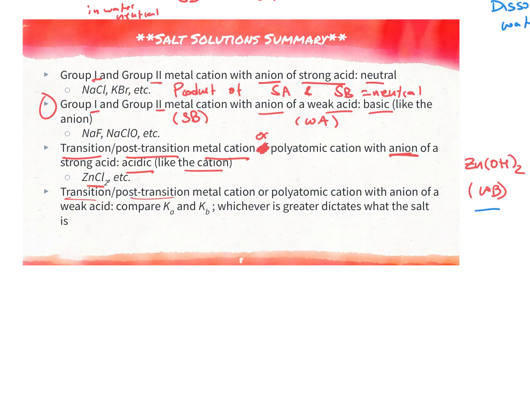But transition or post-transition metal cations or polyatomic cation with an anion of a weak acid, in other words, the product of a weak acid plus a weak base, and this weak base is going to either be a metal or polyatomic. Whether or not it makes the water acidic or basic depends on Ka and Kb. We won't see many examples like this, but basically for this case, if it's the product of a weak acid, weak base, the salt